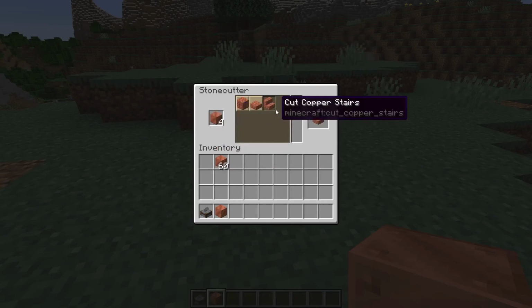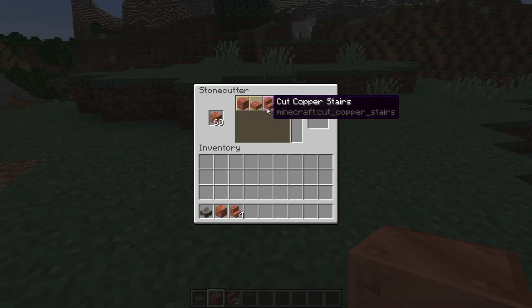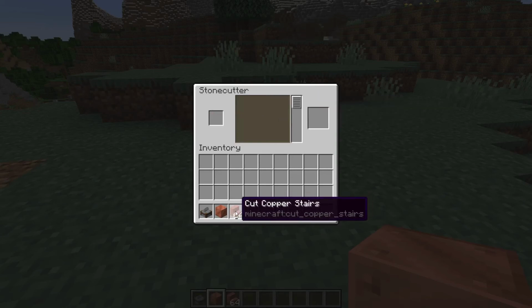Like if I want to use cut copper stairs on a build, I wouldn't want to go into the crafting table and waste 2 copper per stair recipe. So yeah, 1-to-1 ratio is perfect. I definitely use the stone cutter all the time, and this addition is just great because copper is such a